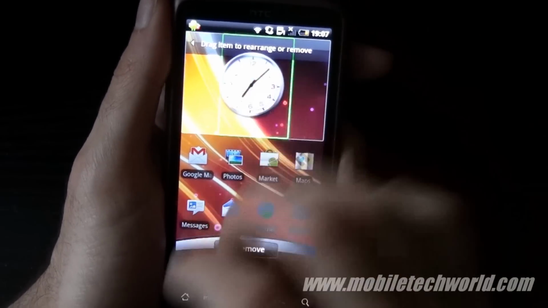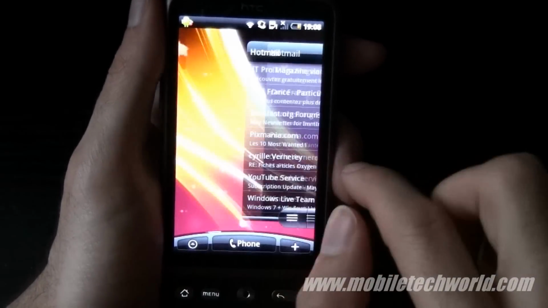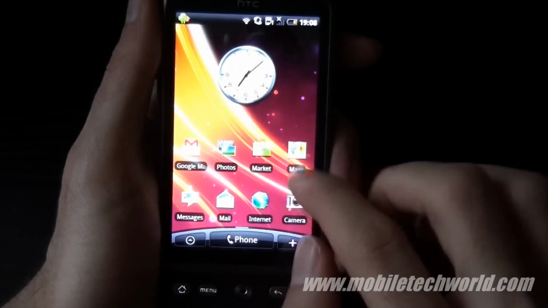Everything's really awesome. So this was a quick software tour of the HTC Desire,